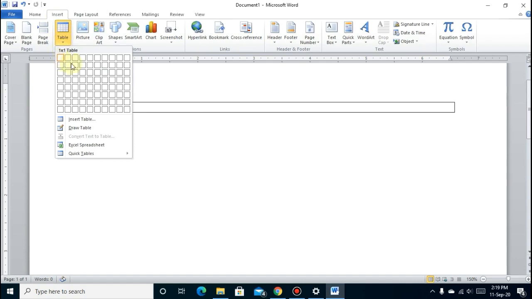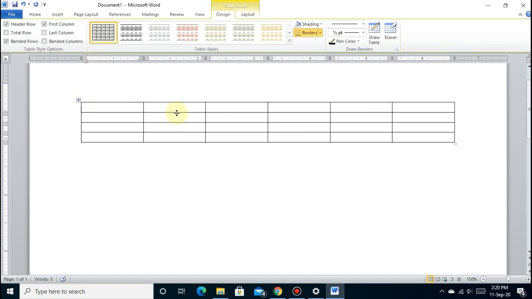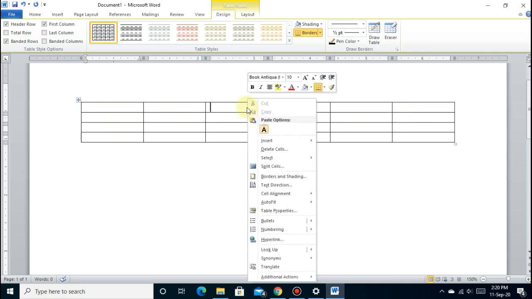Here you can see this is the table grid, which you can use to insert a table without giving the number of rows and number of columns. If you want to insert a table of 4 rows and 5 columns, then select 4 rows and 5 columns and click here. So you can see the table of 6 columns and 4 rows is inserted. So if you want to delete this column or any column, then you have to right click here